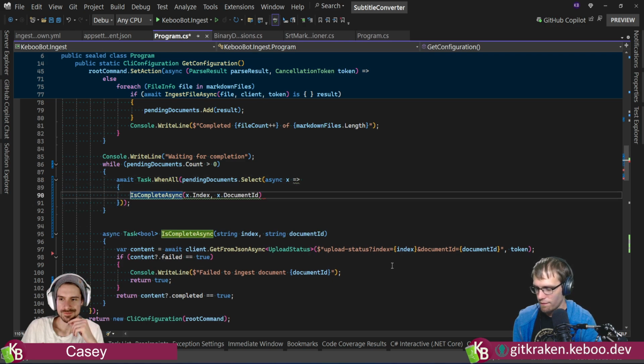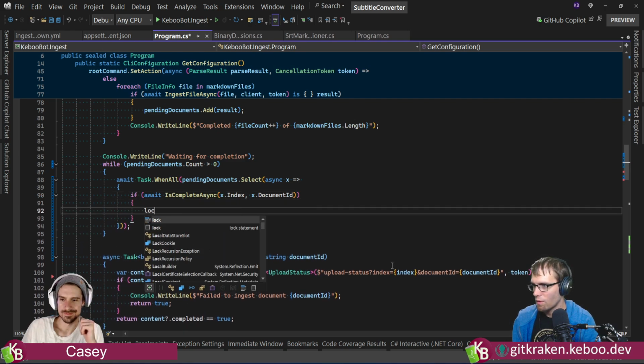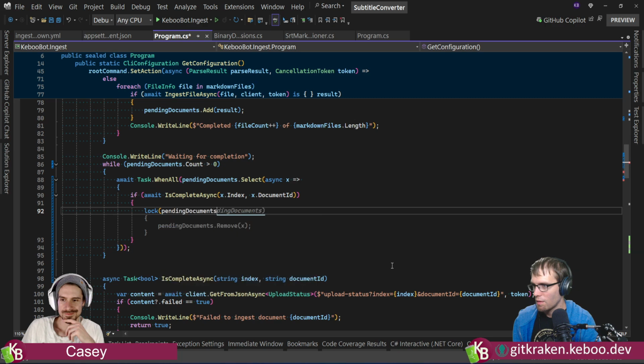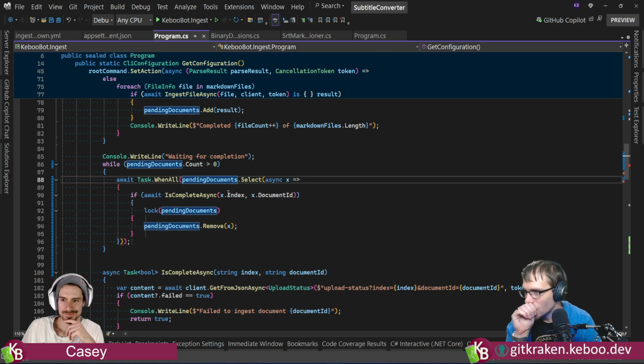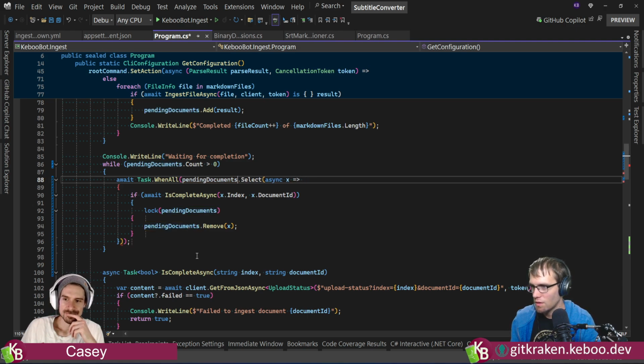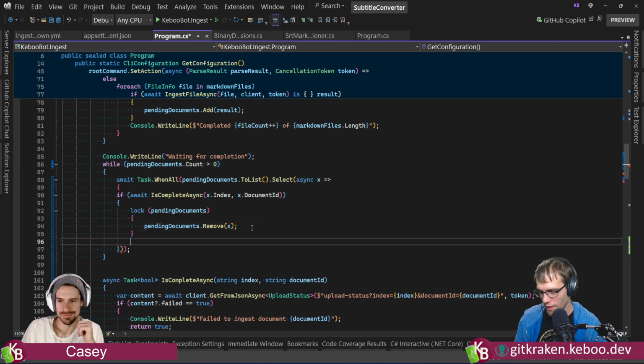Let's see, if await, and then we're gonna lock pending documents, remove. Sorry, I wanna make sure I'm not doing anything stupid here, because the odds of stupidity with multi-threading is high.